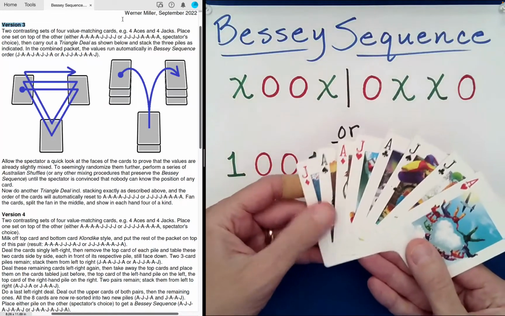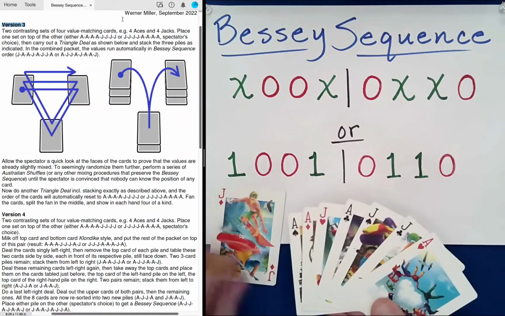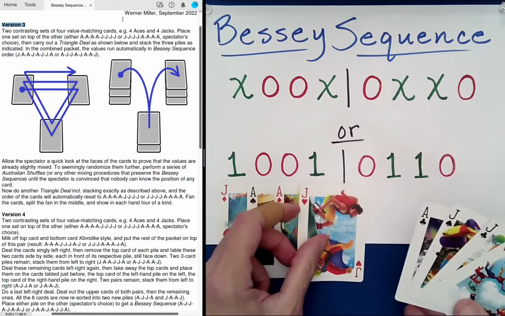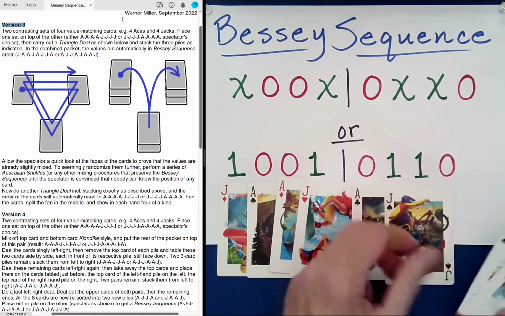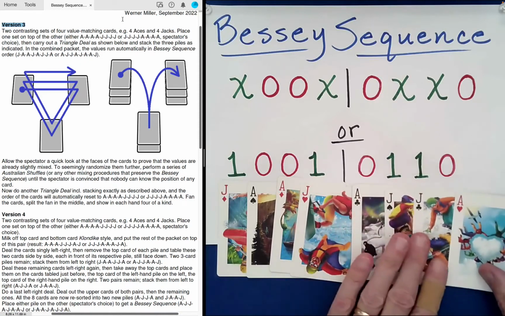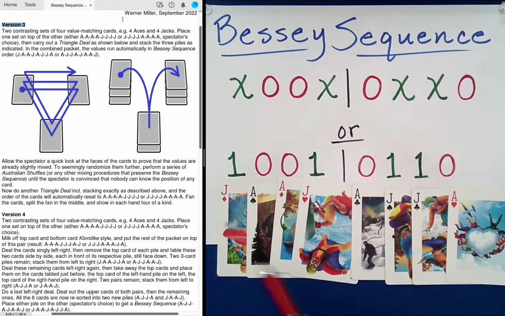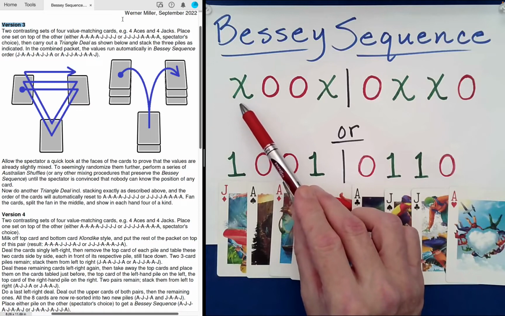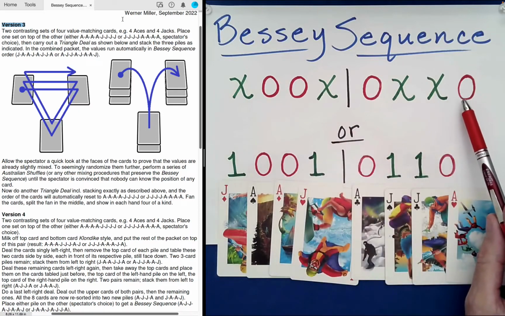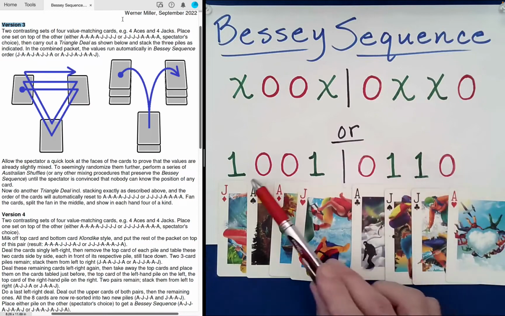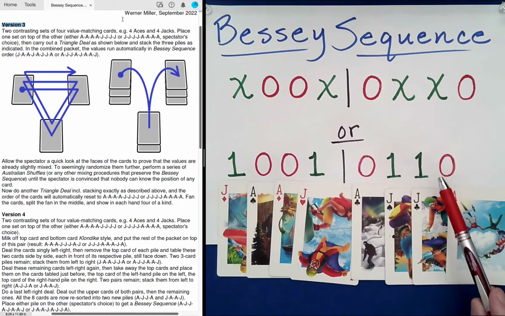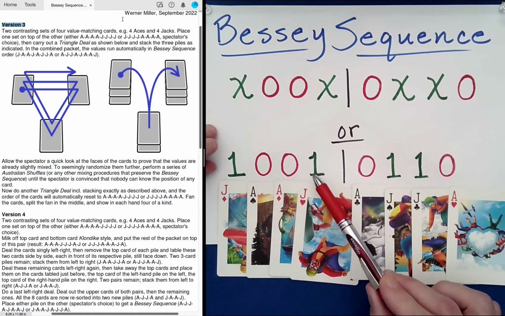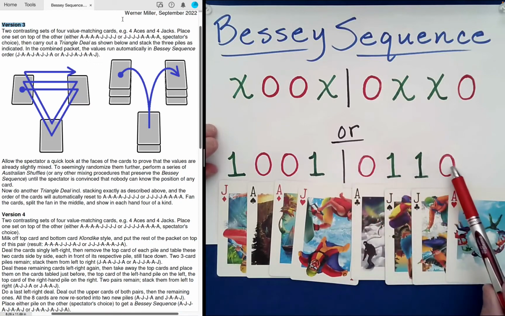I don't know how in the world he came up with this. Okay, so let me just carefully show that to you. Even though if you've been watching any of the videos in this series, you can immediately see that this is a Bessey sequence, but maybe you're jumping right to this one. Okay, so the basic structure of a Bessey sequence is either represented by X's and O's, if you prefer, or zeros and ones. We've been using the zeros and ones representation. Okay, so a Bessey sequence is the following: 1 0 0 1 0 1 1 0,